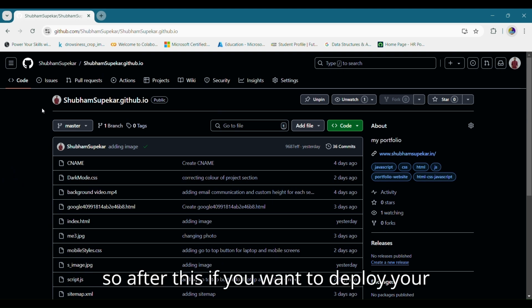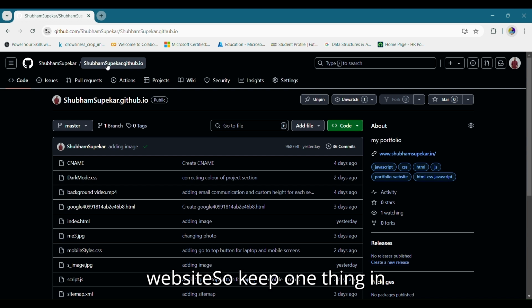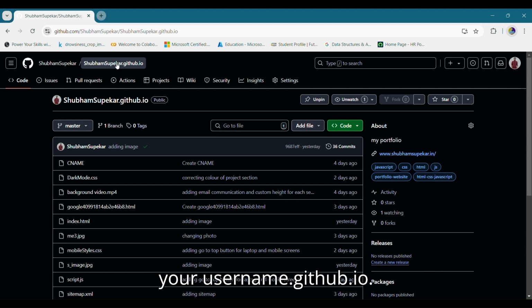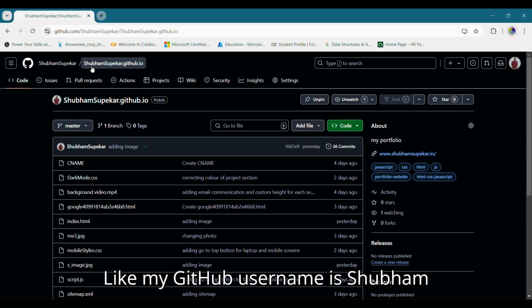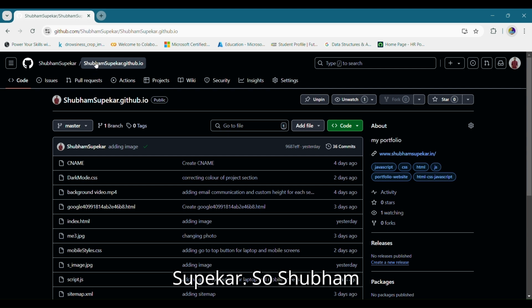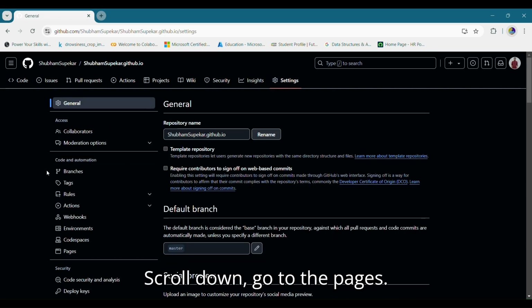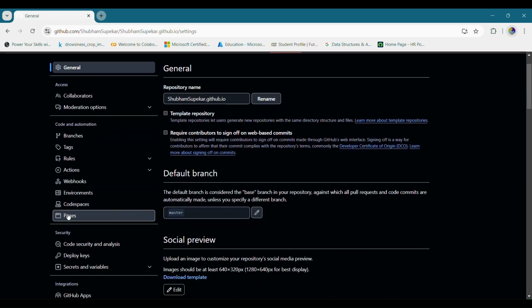Okay. So after this, if you want to deploy your website, keep one thing in mind: your repository name should be your username.github.io. Like my GitHub username is Shubham Supekar, so shubhamsupekar.github.io. Then head over to the settings, then scroll down, go to the Pages,